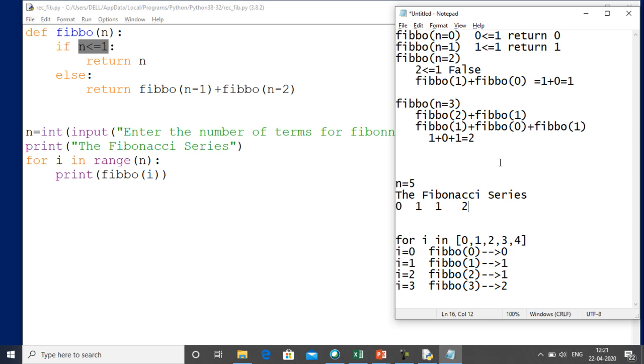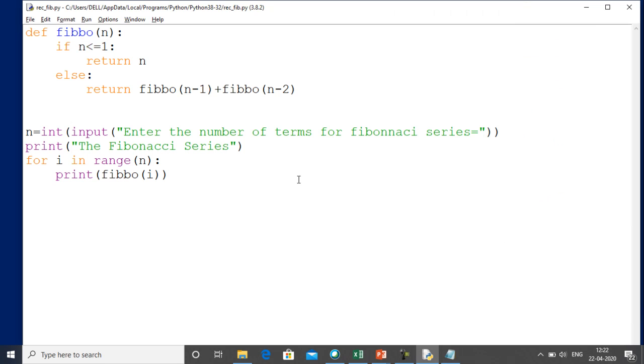So in this way it is going to resolve this. This Fibo function will find the element of the particular position of the series. And for finding the particular position it is using the concept of recursion, that Fibo 2 is further divided into Fibo 1 plus Fibo 0, and when we get the values of all these, then it is added with the value of Fibo 1, and then we get the result. So in this way the recursion of this Fibonacci series is performed.